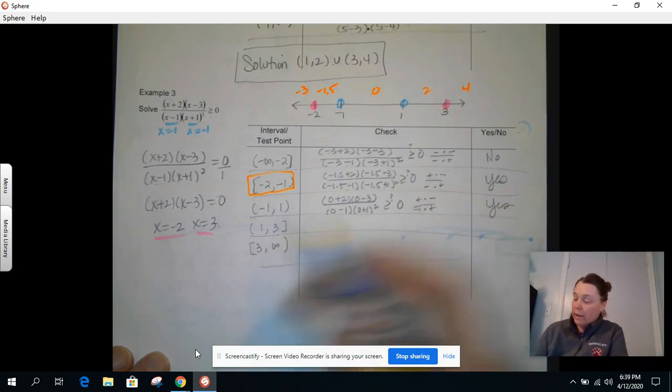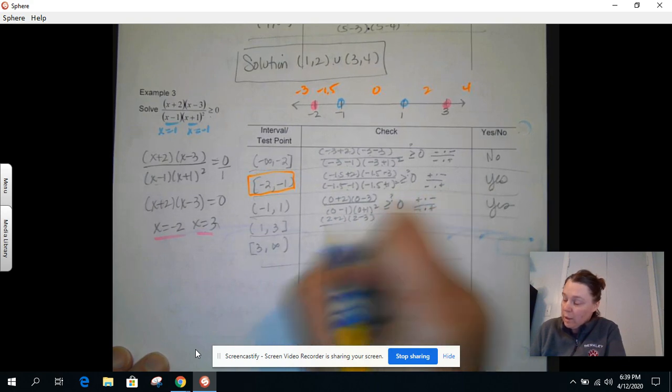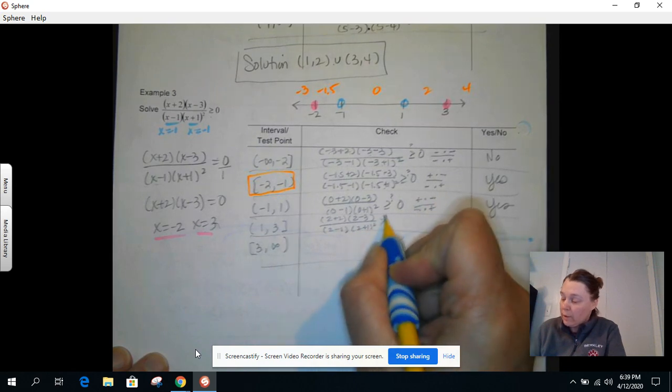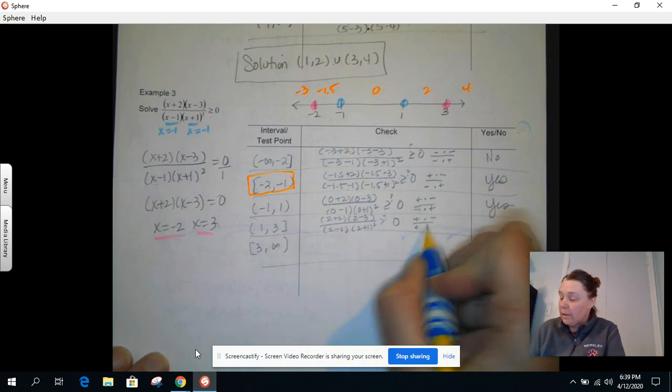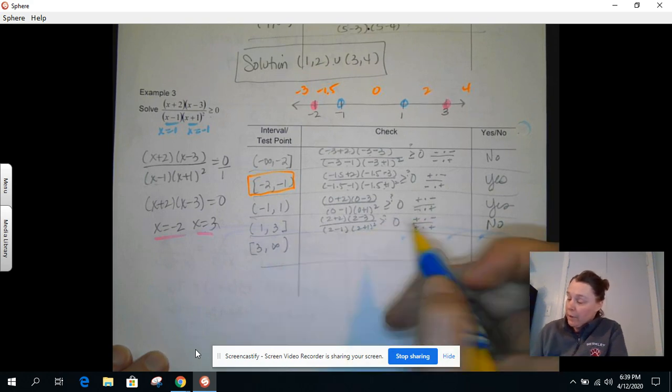And then here, if I pick 2, so if I do 2 plus 2 over 2 minus 3, all over 2 minus 0 over 2 plus 1 squared, is that bigger than or equal to 0? That's going to be a positive times a negative over a positive times a positive. That's negative. That doesn't work because I need it to be bigger than or equal to 0. And then if I put that 4 in,